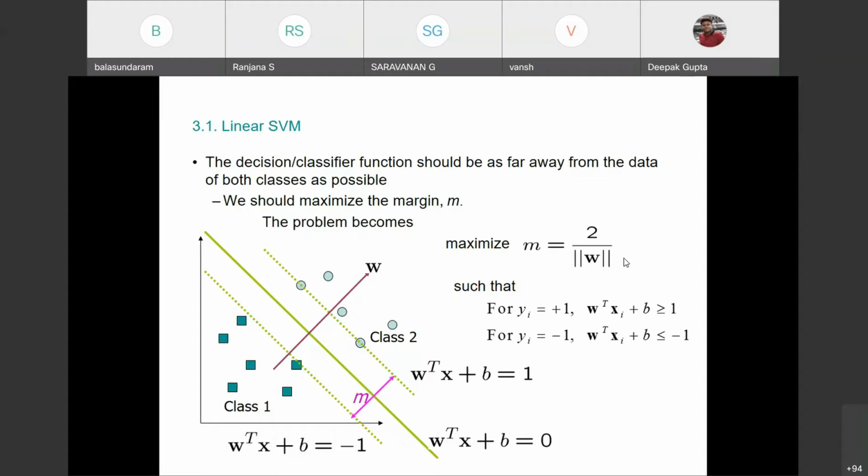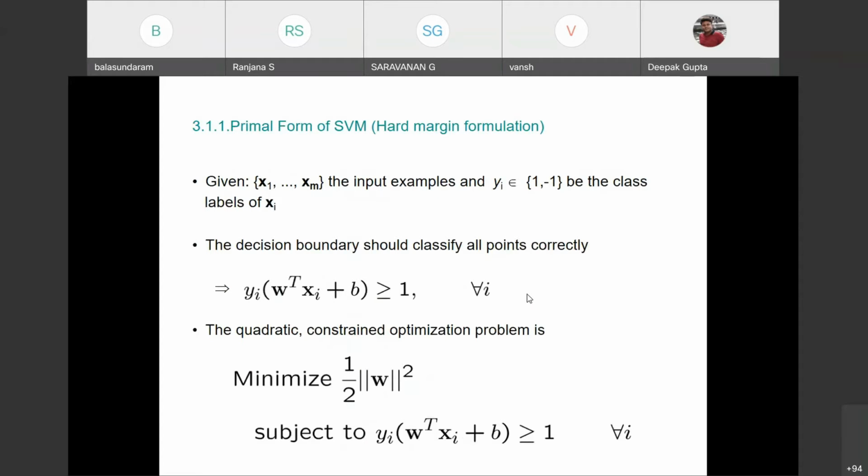where the denominator, which is the square root, that is norm of W, the length of the vector W, I want to take it to the numerator instead of appearing in the denominator. This is possible by means of a minimization problem. So I take it to the numerator first. The problem is equivalent to minimizing the length of the vector, that is norm of W by 2,